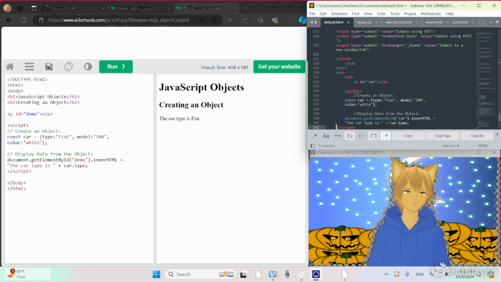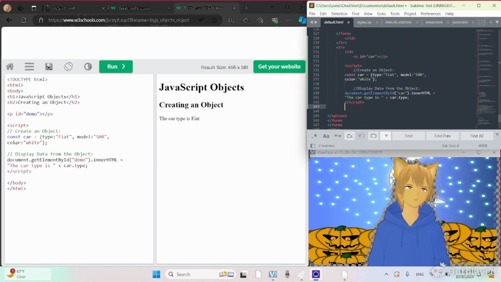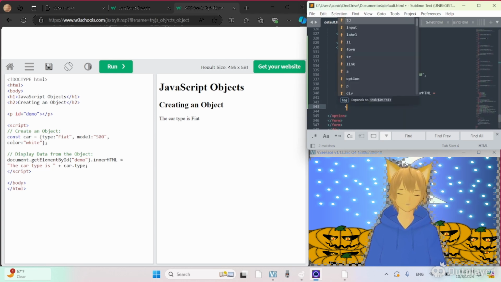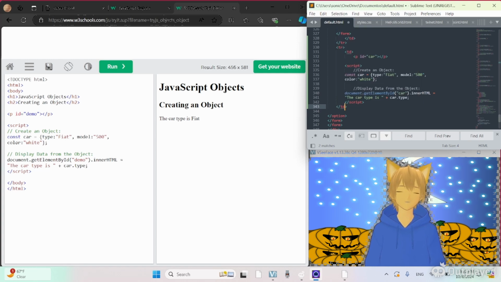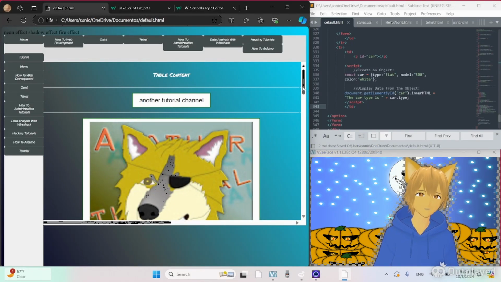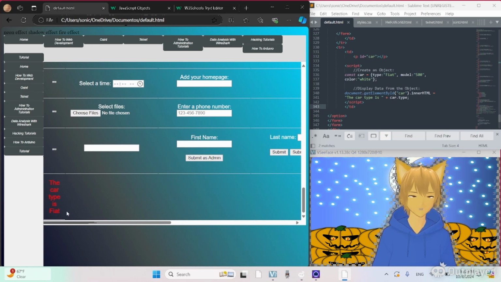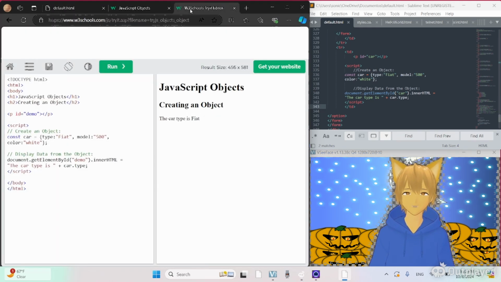So now go down here and close off this table cell. Save that. Let's go back to our default.html, refresh, going all the way down. The car type is Fiat. The car type is Fiat, so